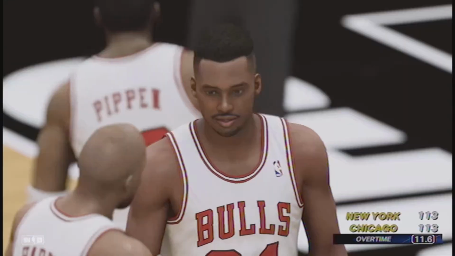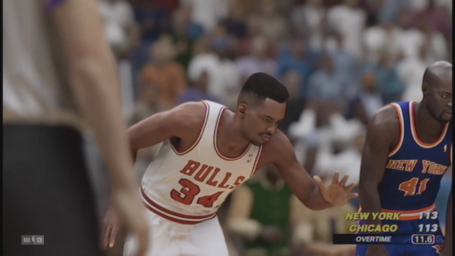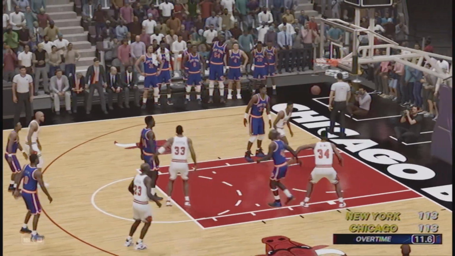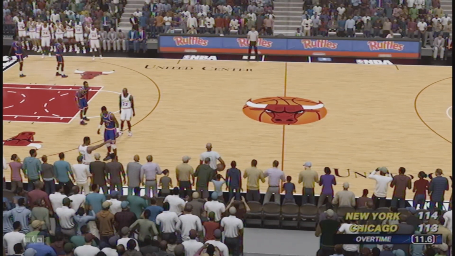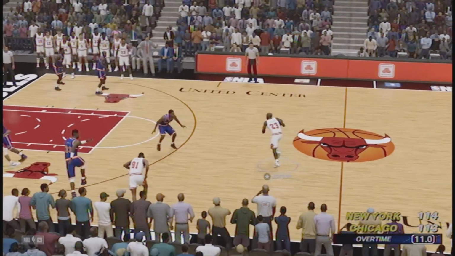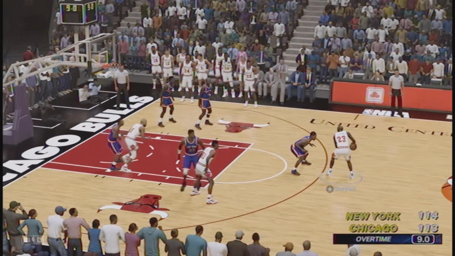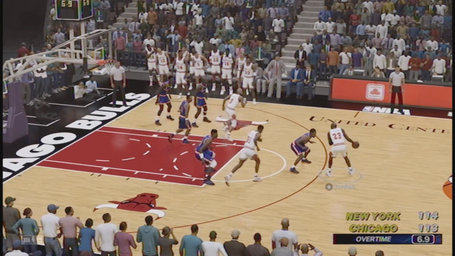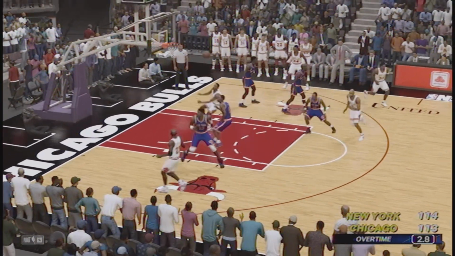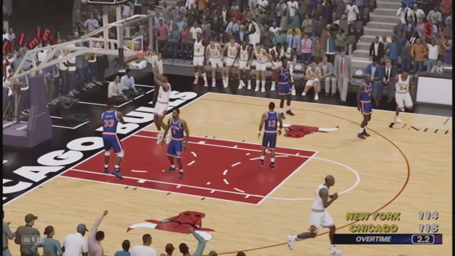Rice guarded by Pippen. Rice can't get that to go in. Oakley, though, makes that basket and draws the foul. Oakley at the free throw line gives the Knicks a 1-point lead. 11.6 left to go in overtime. Michael Jordan handling the ball. Screen. Rodman with the alley-oop.